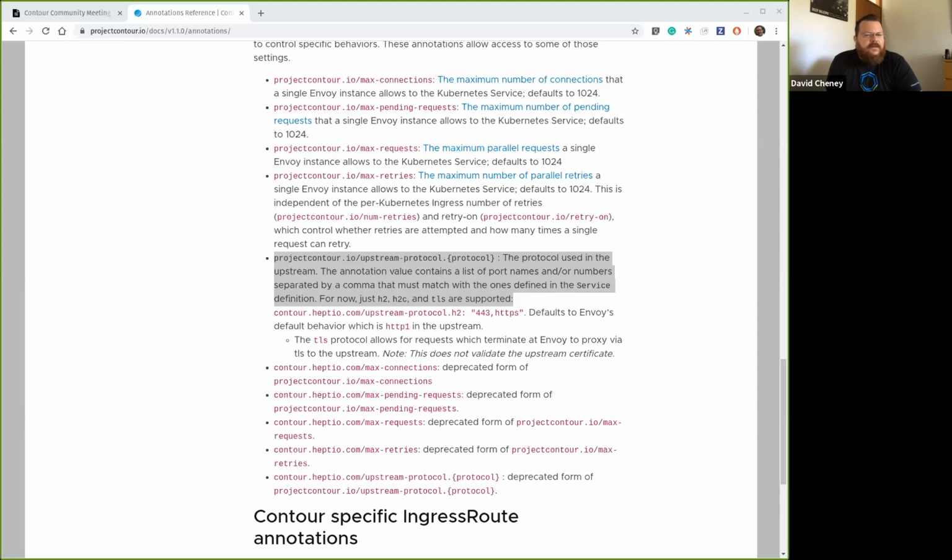So perhaps one of the things we could do to improve that is create aliases. H2 could be an alias to HTTP2. I don't know what to do about H2C, but I don't think that's the biggest offender. TLS is probably fairly straightforward. Perhaps to answer the question you didn't ask, it's not a big deal to create more meaningful aliases. We can't remove the current ones, it's back to the compatibility problem, but we could add better aliases.